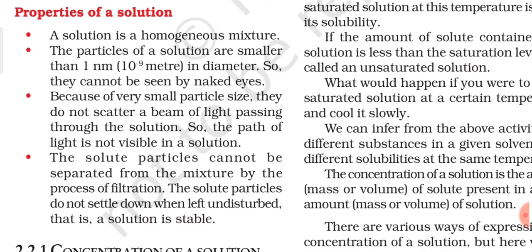Suppose I am talking about millimeter. For us, millimeter is also a very small measurement. If I say 1 millimeter, which you can see on your ruler or on a measuring tape, it is a very small value, but still we are able to observe it. If any substance or particle has a diameter of around 1 millimeter, then we will be able to observe it through our naked eye.